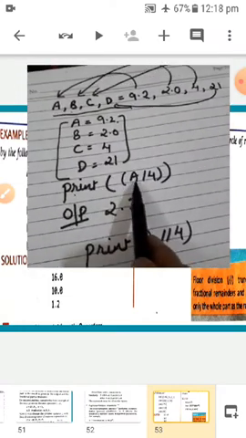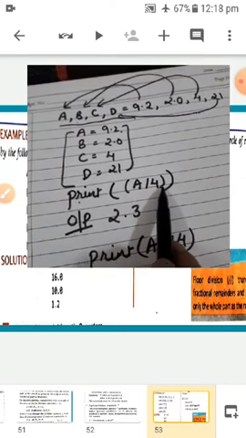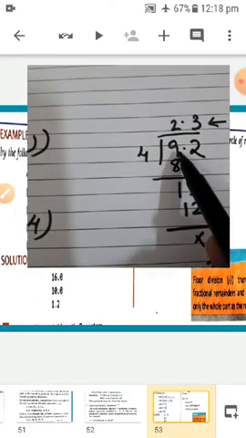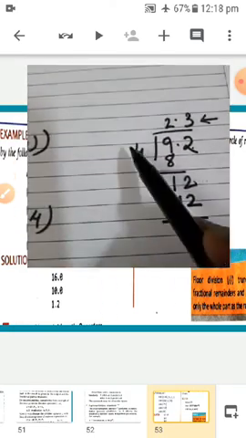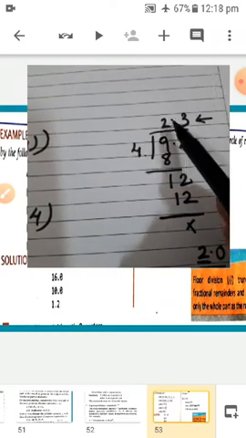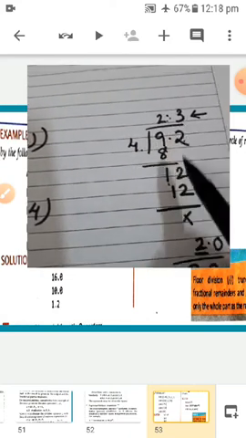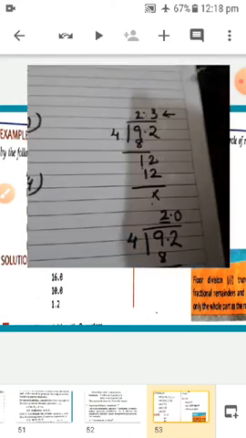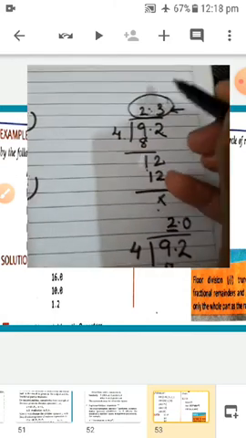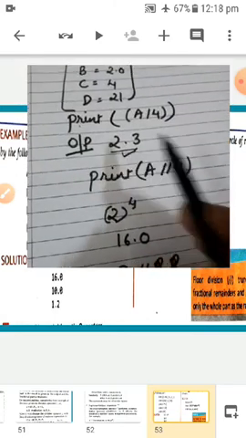Now print a divide by 4. So this is your division operator. So how exactly will you get 2.3? See, a is 9.2 and 4 you have to divide. 4 twos are 8. You are getting one remainder, the point goes here. 2 is there. 4 threes are 12. So the remainder is 0. So your answer is this 2.3. So you will get 2.3 as the answer.